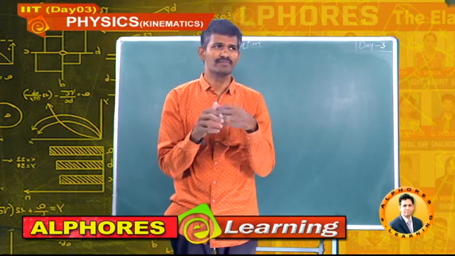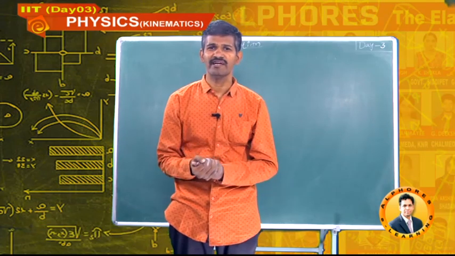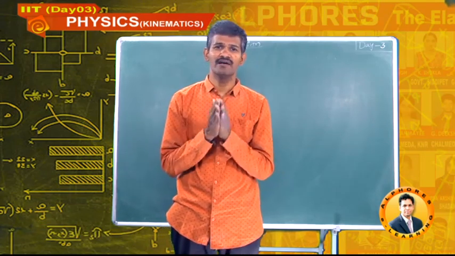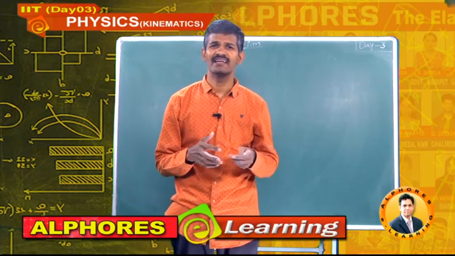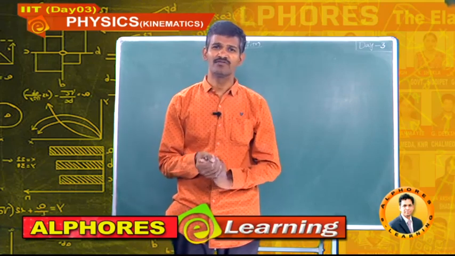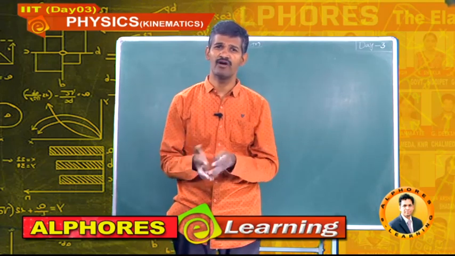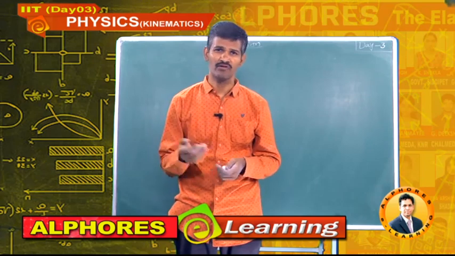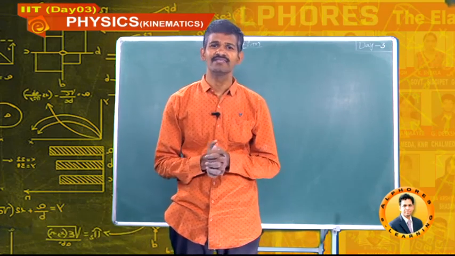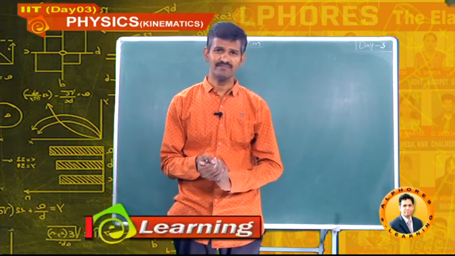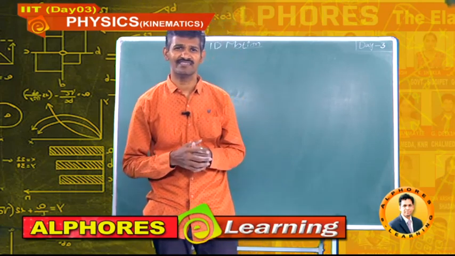So, the match will not be uniform. Why? Because the uniformity of the match is, for every ball, if the batsman takes 1 run, that is a uniform match. Generally, a match will not be uniform. It goes as a non-uniform match. For 1 ball, it may go 6, and the next ball it may be out, and the third ball it may be 4, or on the fourth ball there may not be any run. So, that is a non-uniform match. Only non-uniform matches are interesting, uniform matches are not interesting.